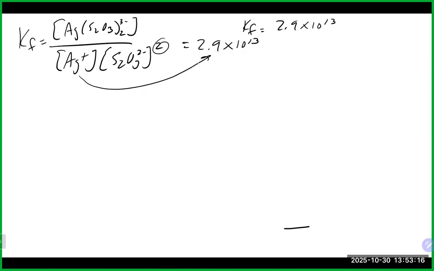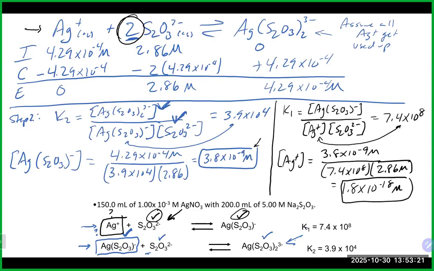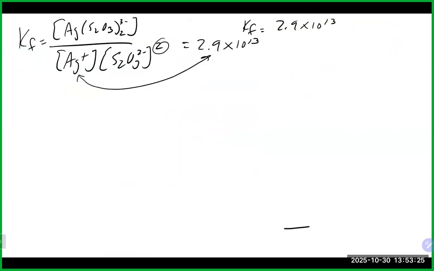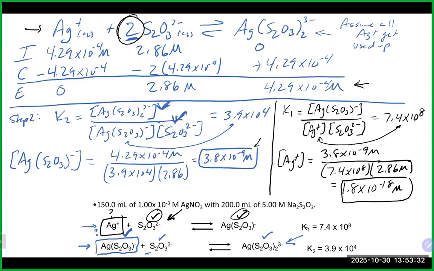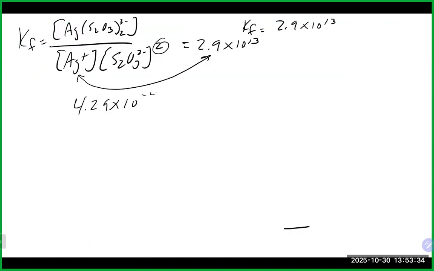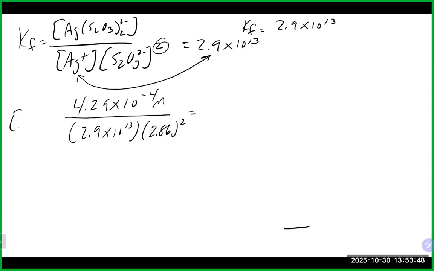Just like previously, these two guys would swap places. And if we put in our values from our overall table into that, 4.29 times 10 to the minus 4, divided by our Kf and our 2.86, which we do need to square in this case. That's going to give us a silver concentration